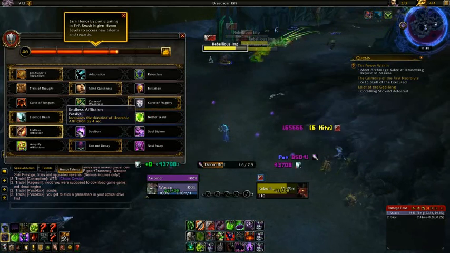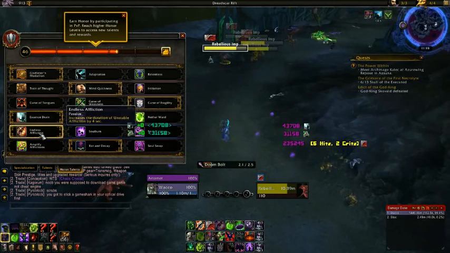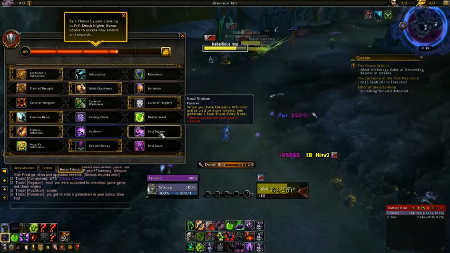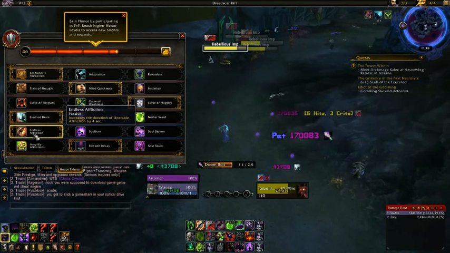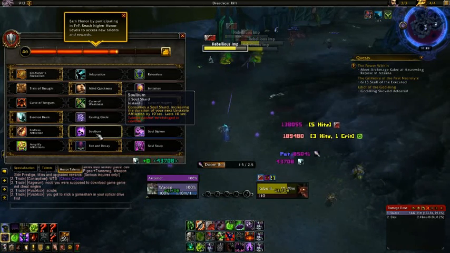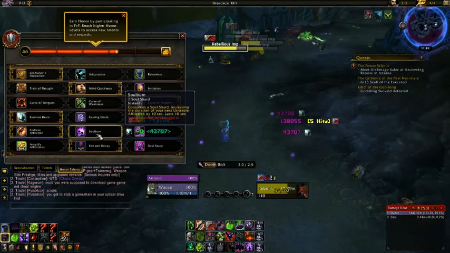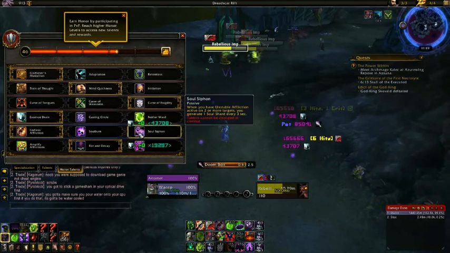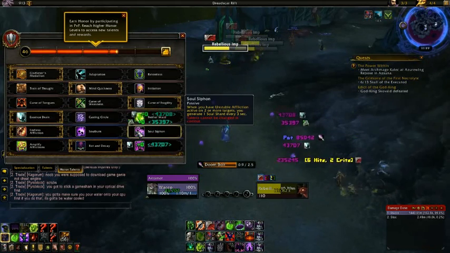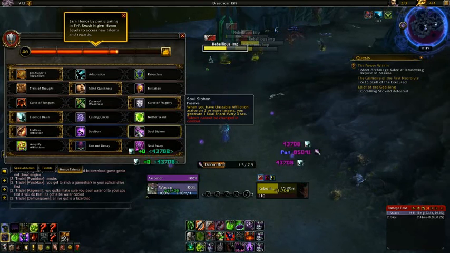All right, in Tier 5, we have Endless Affliction, Soul Burn, and Soul Siphon. Endless Affliction increases the duration of Unstable Affliction by 4 seconds. Soul Burn consumes a Soul Shard, increasing the duration of your next Unstable Affliction by 10 seconds, last 10 seconds. And Soul Siphon, when you have Unstable Affliction active on 2 or more targets, you generate 1 Soul Shard every